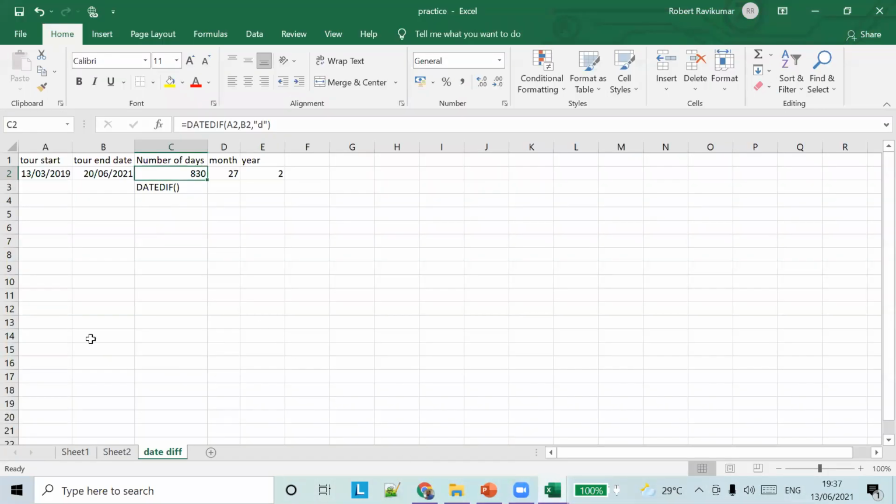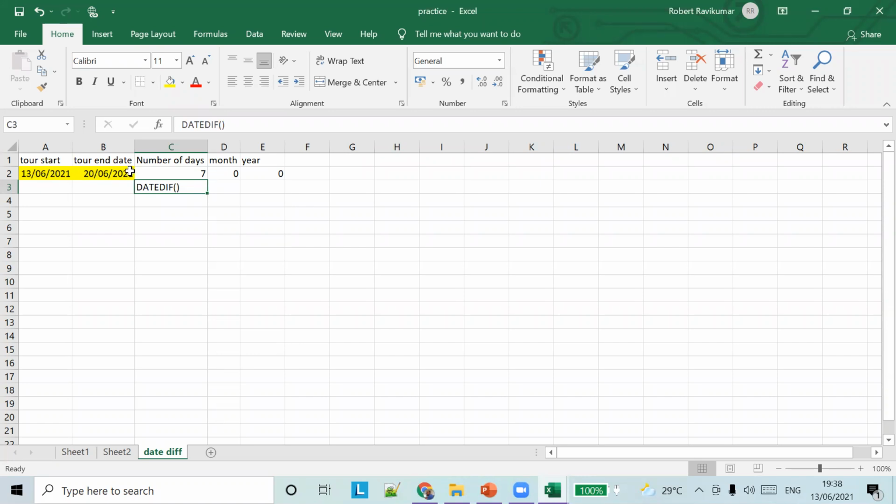So, we are trying to find the difference between these two dates. This is the start date and this is the end date. Let's say all the things are same, so it lies in the same month and the same year. Now the difference between the days is 7. The month is 0, year is 0. So இது clear இருக்கா? Are you guys clear on this?